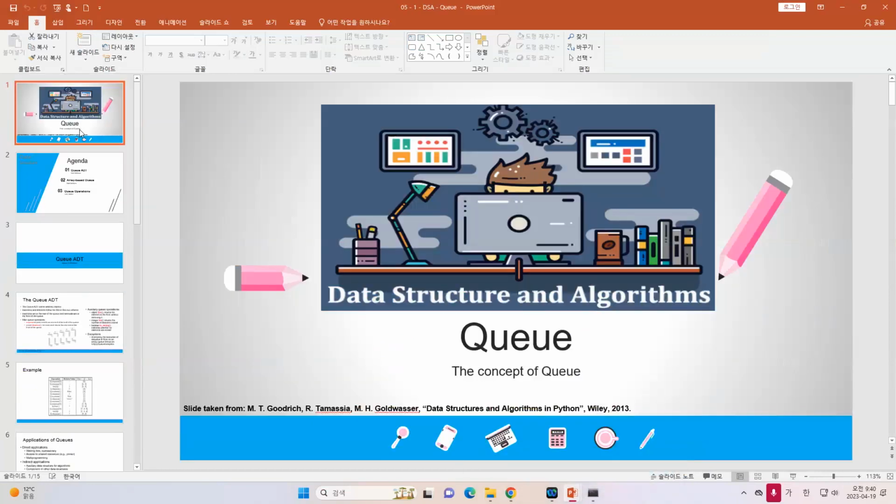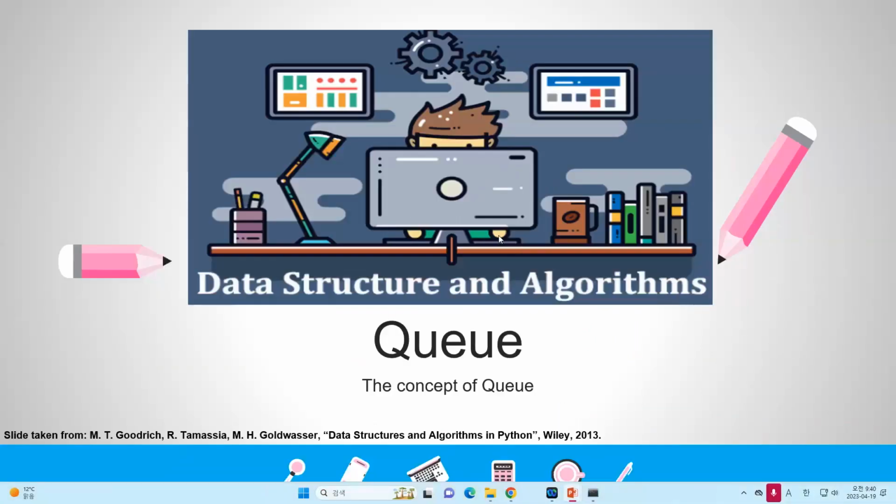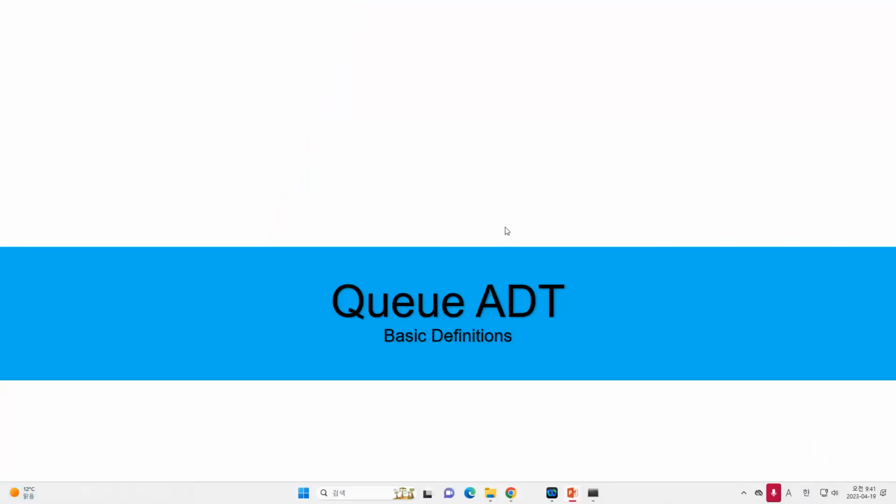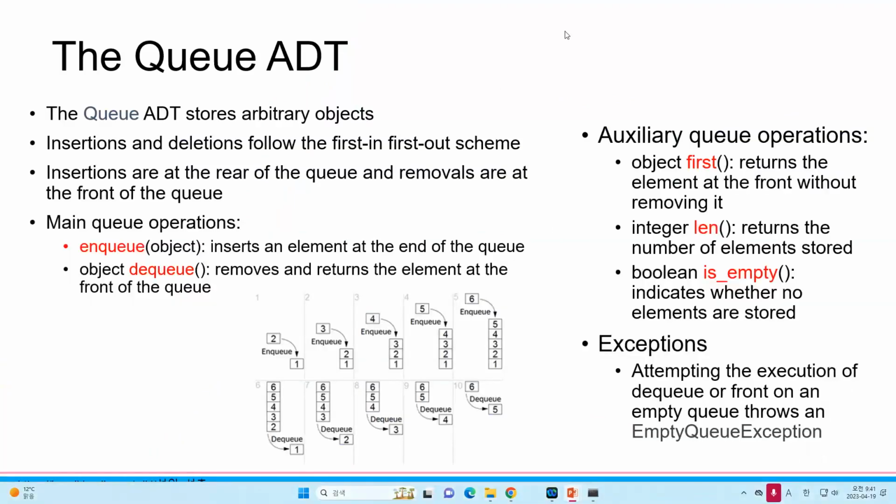This is about queue. Stack and queue, actually they are a kind of term. When we are dealing with the stack, we will also need to understand queue. Because QADT, queue abstract data type. When we deal with the queue, QADT stores arbitrary objects. Arbitrary objects means it can be numbers, it can be string, it can be integer or float,